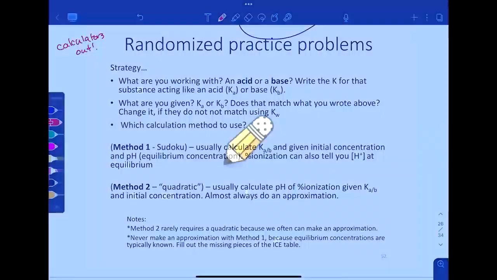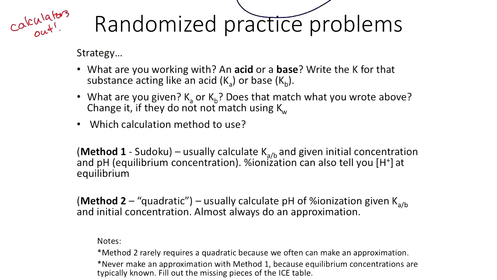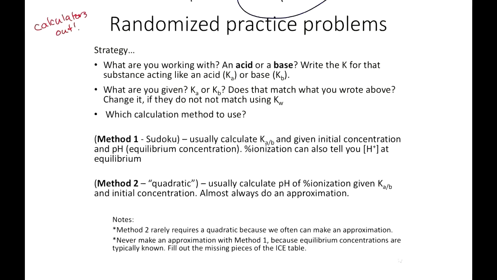All right, well, the plan for today is to finish up chapter 16 with some randomized practice questions to see if we're understanding what type of method we should be using to approach not only pH calculations but Ka calculations using the information given. Do we understand, are we working with an acid or a base? So which K expression is most appropriate to use? So we'll practice all of these to identify, are we working with an acid or a base? Should we use method 1 or method 2 for our ice table, where only method 2 is where we use